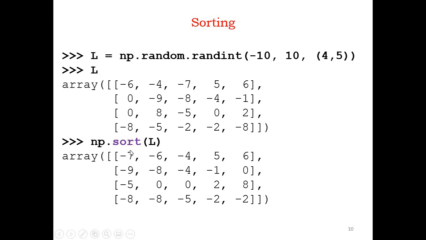See, it is -7, -6, -4, 5, 6, so it is in ascending order. Then the next row is -9, -8, -4, -1, 0. Then the third row is -5, 0, 0 to 8, and so on. So without the axis reference, by default it has sorted the numbers in ascending order